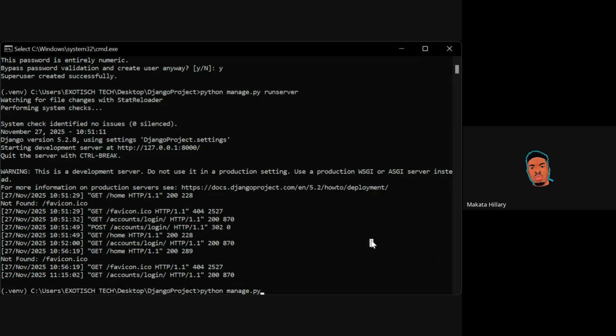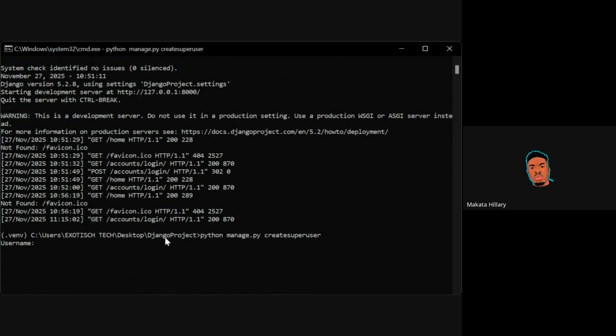So in this case, we say python manage.py createsuperuser. We are just basically trying to tell Python that we are trying to create a user, but this time it's not any kind of user. We are trying to create an admin account, that is a user that can access most of the things on the platform, both the admin page and the rest. And then when we click enter here,